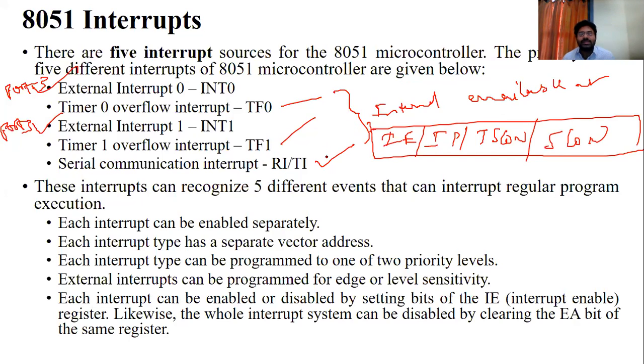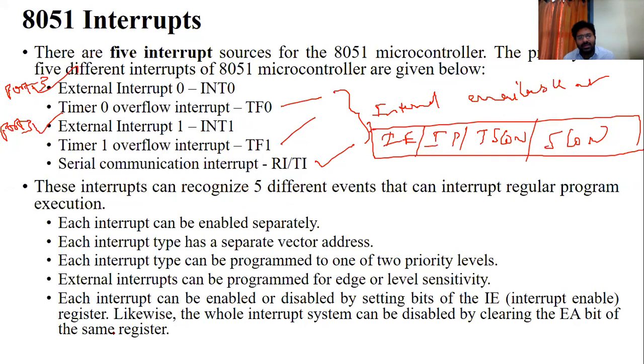How do you recognize these five interrupts? These are the steps to access these interrupts. To be ready to accept these interrupts, you must write a program to access them. Without writing a program, you are not accepting them.